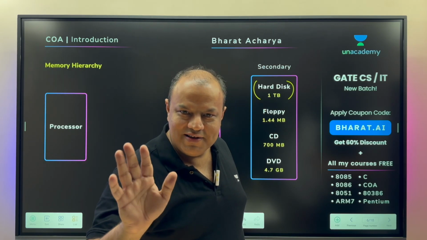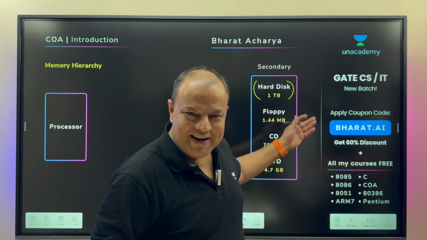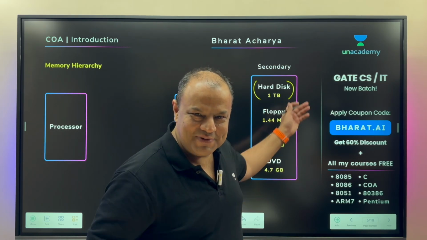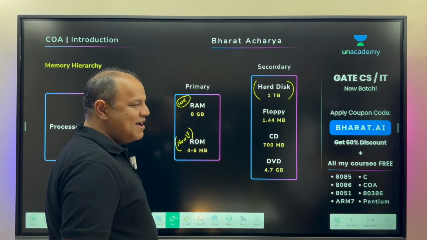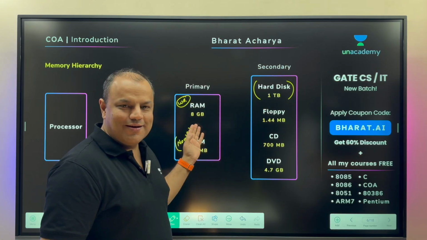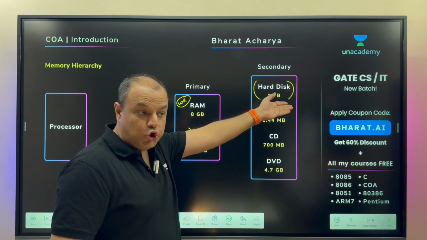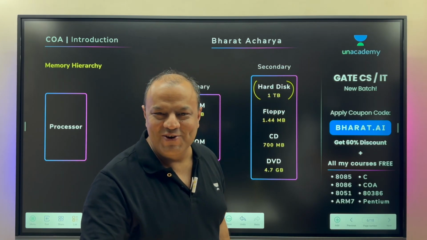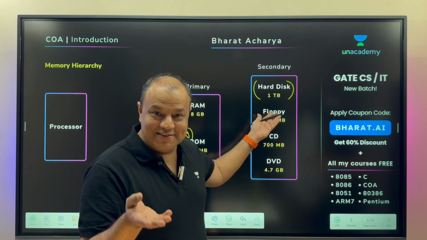Everything stored in your hard disk stays. What does that mean? It is non-volatile, and at the same time writable. That means it has the best property of both RAM and ROM and is humongous in space. It's 1 TB compared to these 8 GB and this silly 8 MB. It's huge. Like how we say in our local language, sasta sundar tikau, everything stays, sasta hai.